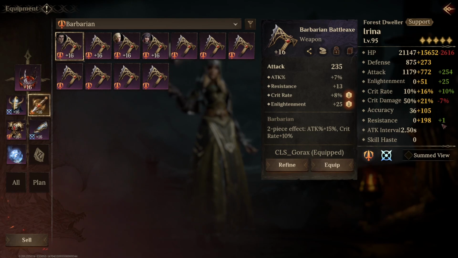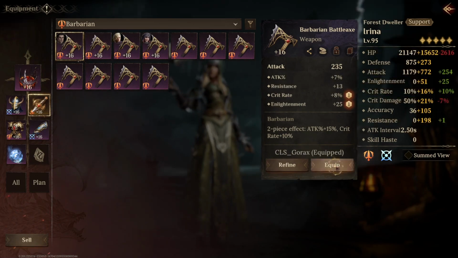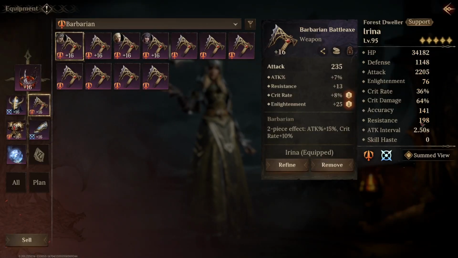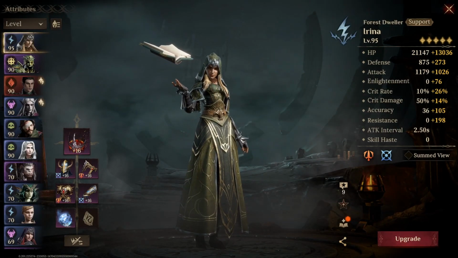So yeah, resistance, there we go. Boom, enlightenment, not too good. Maybe her, no, 12. We lose 12, we lose 12, we gain 1, so almost 200. There we go, that's enough. I just need to farm more runes. And the last one,